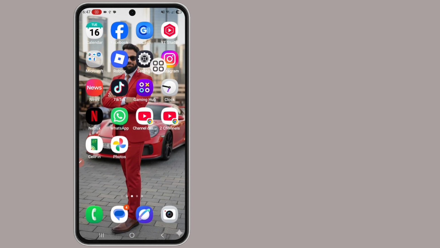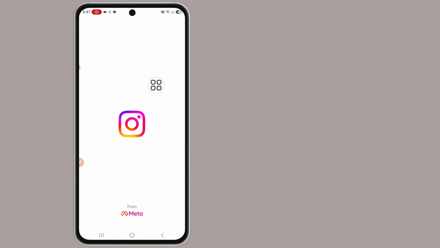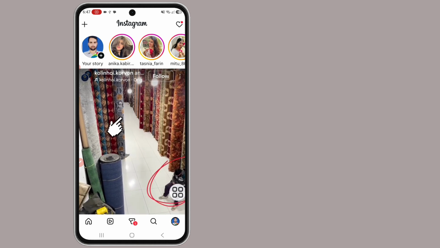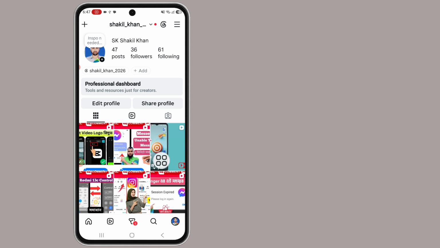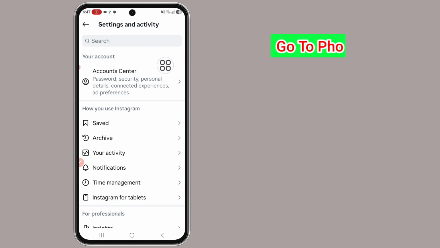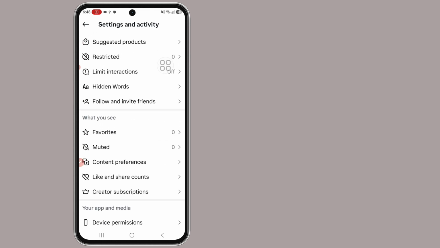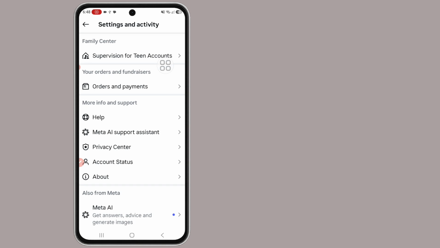And now open your Instagram app, tap on profile icon, tap on three-line option and scroll down, tap on help option,